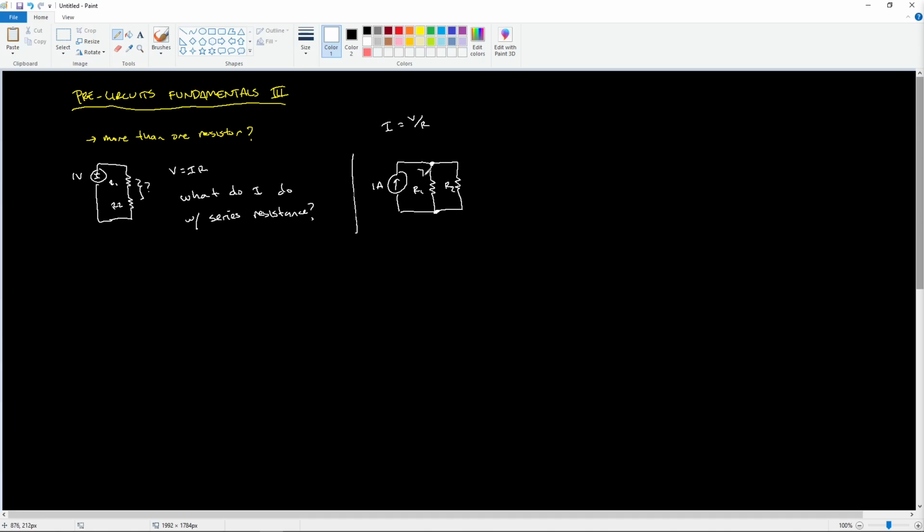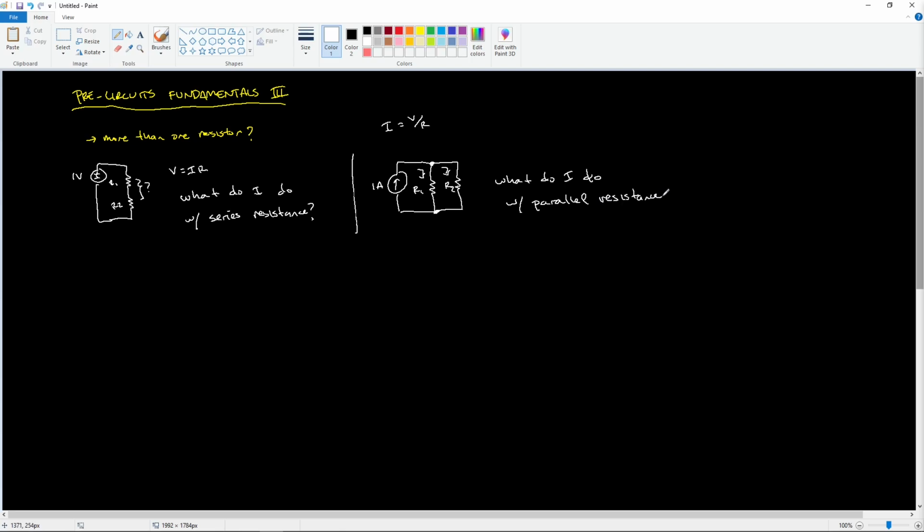Because what happens if I want to find the currents running into these resistors? Well, I knew that I could just take a voltage and divide it, or I could find some other piece of information first and then work around. But now, how do these resistances deal with a singular current source, or from this current source do we deal with multiple resistances? And this is the problem with what do I do with parallel resistance,